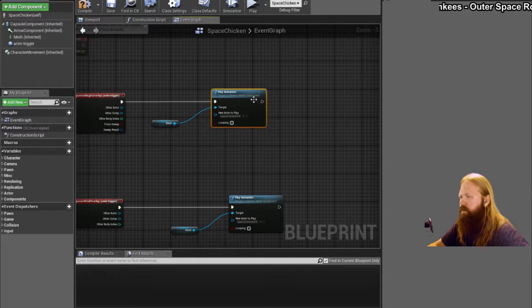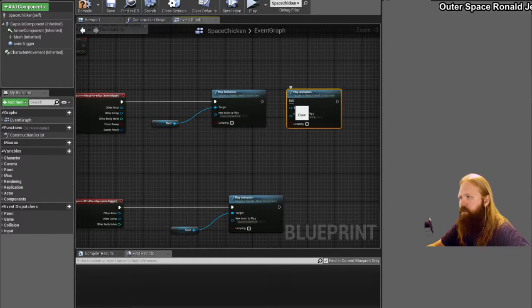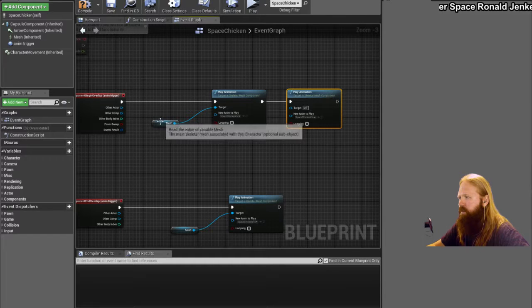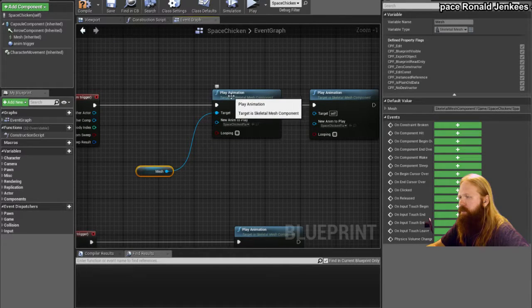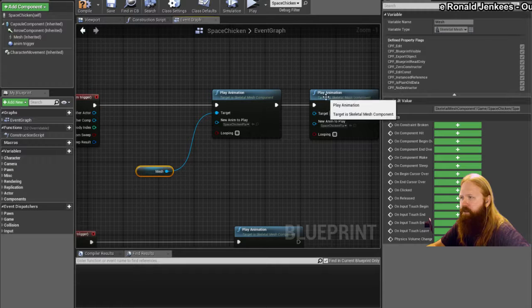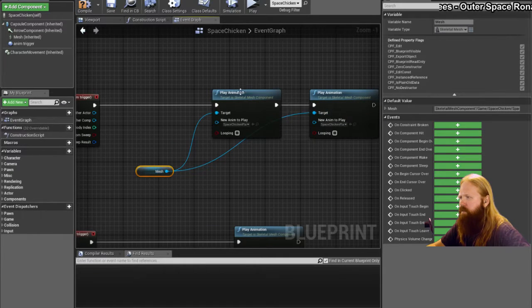I'm pretty sure, because if I just leave it like this and link these right next to each other, it's gonna start playing this animation, but immediately it's gonna fire this one and start playing that one. It's not gonna wait, so I have to put a delay in here long enough for that animation to stop, just to